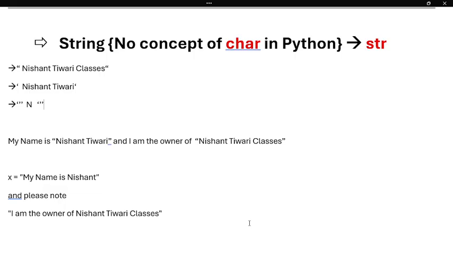Next class we are going to study operations on a string, which is slicing of the string. How do we divide the strings?